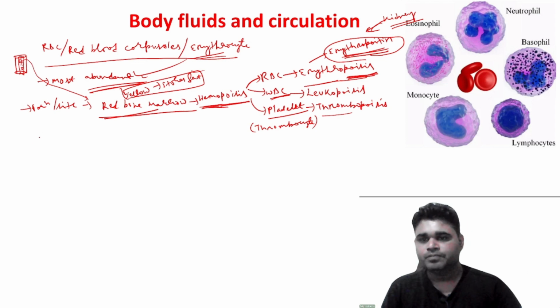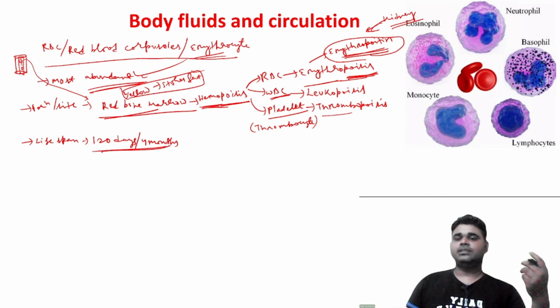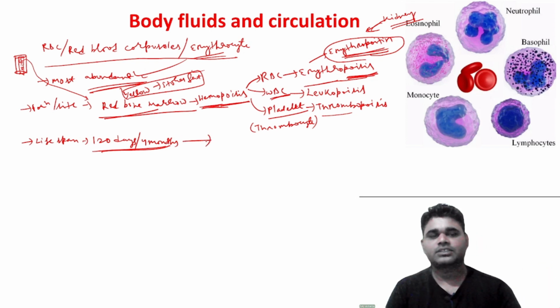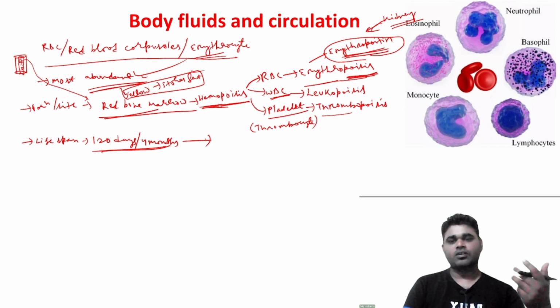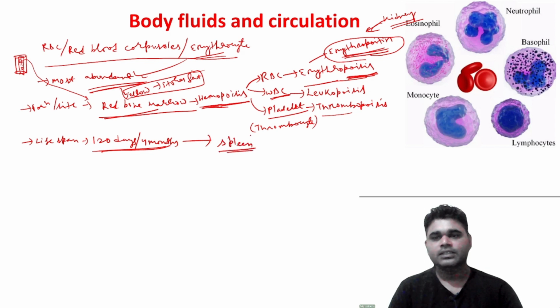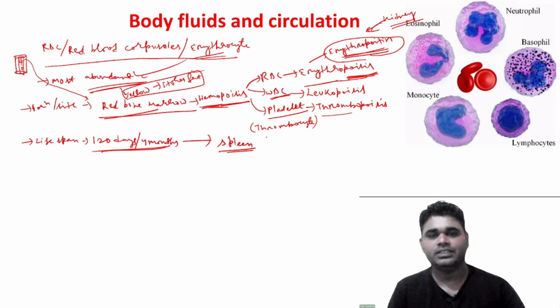erythropoiesis. So if we go to the lifetime or the lifespan, that is 120 days or 4 months. So that means the RBC can live only for 120 days. After the 120 days, it will be destroyed. How will it be destroyed, or where is it destroyed? It is destroyed in the spleen. Remember that. After the 120 days, it goes to the spleen, and then in the spleen it is destroyed. So that's why the spleen is also called the